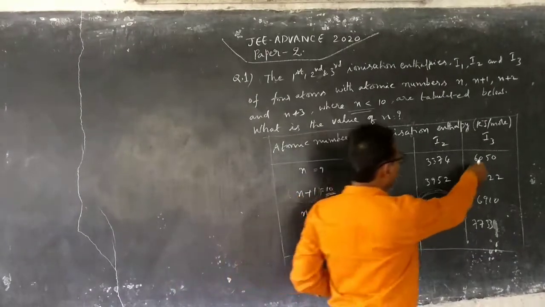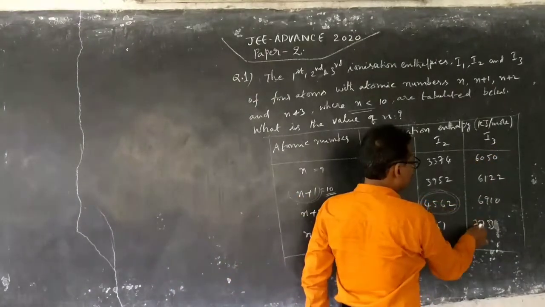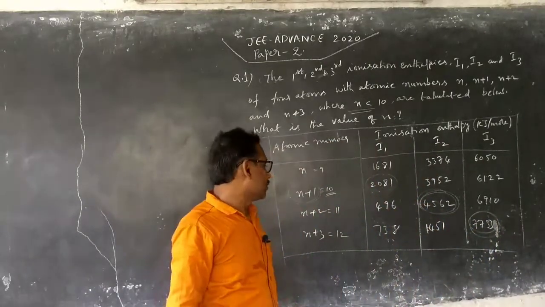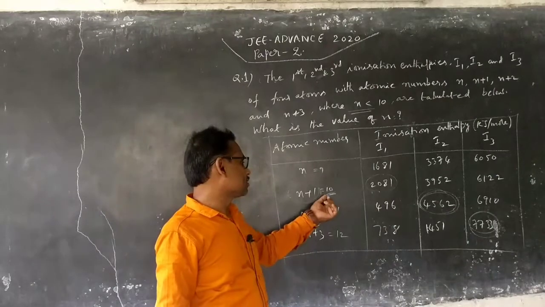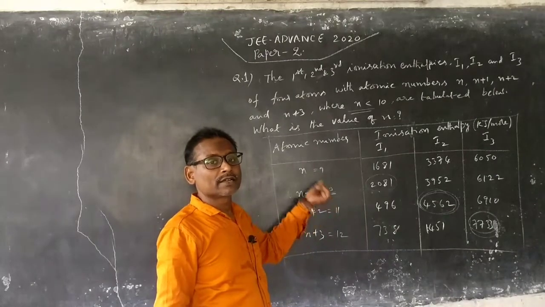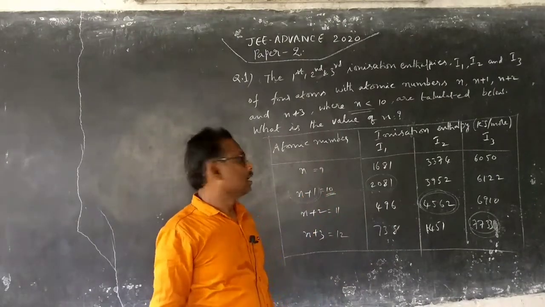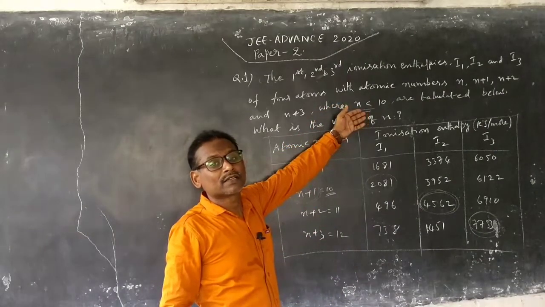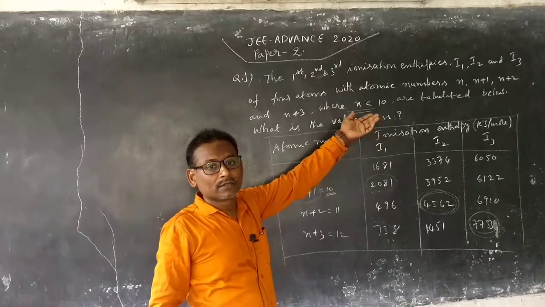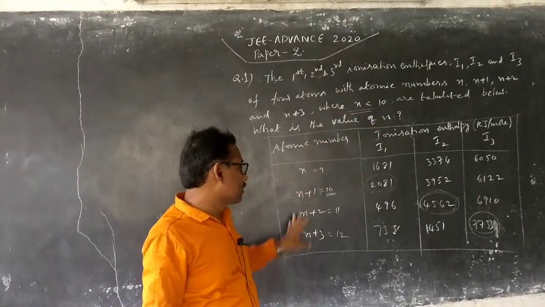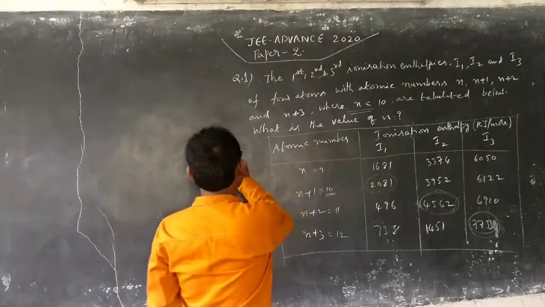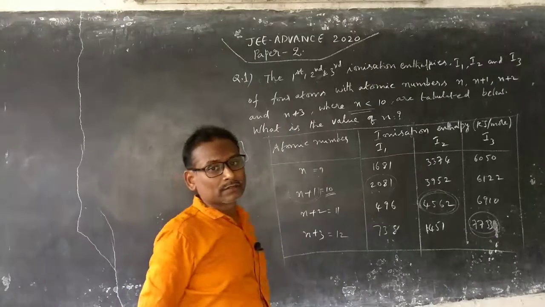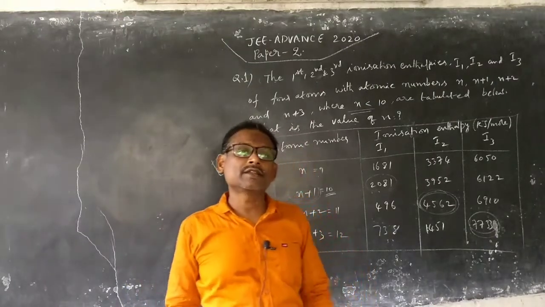You can see the I3 value is highest for this element. So no doubt n plus 1 is equal to 10, our assumption is correct, which indicates n is equal to 9. Initially it was also given that n is less than 10, so we can think about elements of the second period. In that way we have concluded. So n is equal to 9, this is the answer. It is an integer type question, and the first 6 questions are integer type.